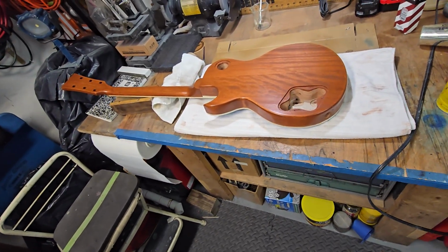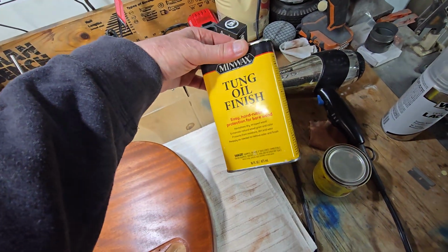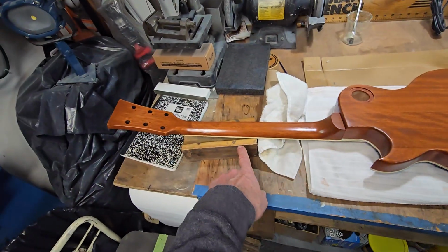So hopefully I'm going to use this tung oil. I'm just going to tung oil this. This stuff is pretty cool. It lays on like water. I actually tung oiled this neck